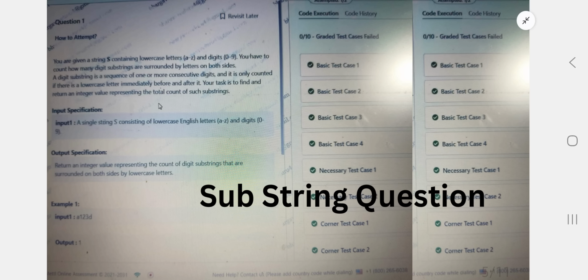Suppose you are in Java, Python, or C#, the main important common topic is programming. The programming was mainly coming in Java or Python. The programming concepts had the most repeated concept: substring. The most repeated question was the substring question, and the next was